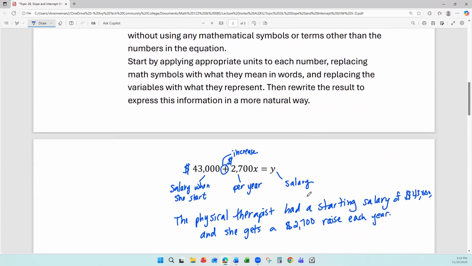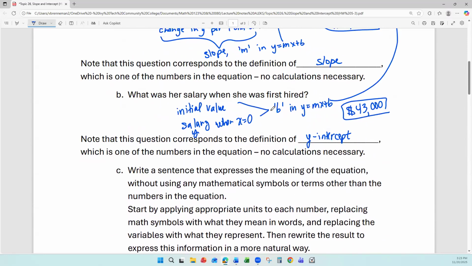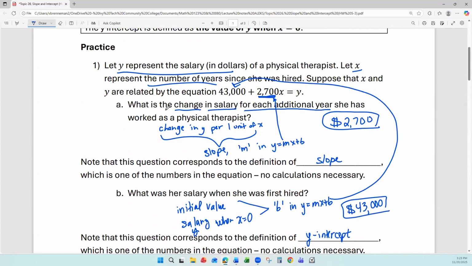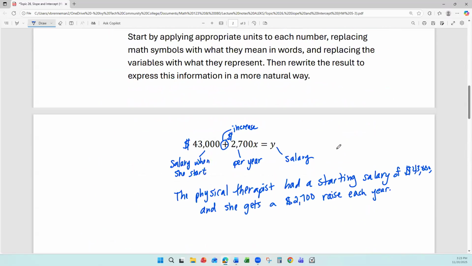Instead of saying her salary increases by 2,700 each year, or the change in salary for each additional year was 2,700, I'm again simplifying what that actually means is that she is getting a $2,700 raise each year. But the key pieces, the numbers are there with appropriate units. The 2,700 is each year. It doesn't have to be the word raise, but some word indicating that it is a change,